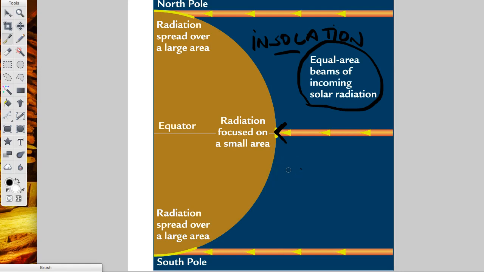Imagine that you have a flashlight and you're shining it downward. Sorry, there's a lag here, so my flashlight is a little funny looking. But you shine it directly down onto the ground, and you're going to have a pretty dense circle of light straight below. Now, because Earth is a sphere, the light hitting the poles, so the higher latitudes,